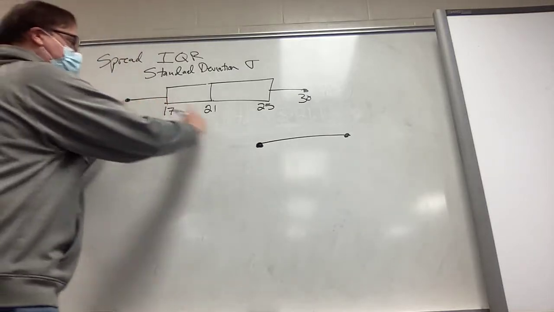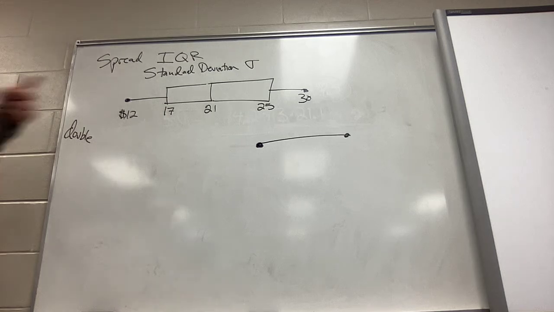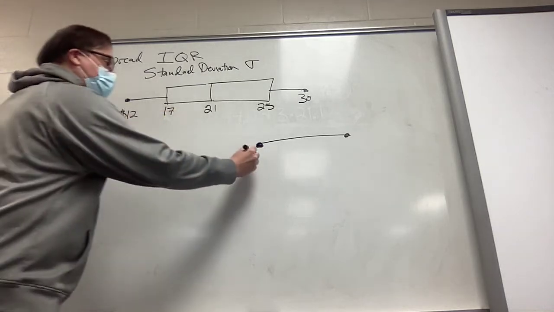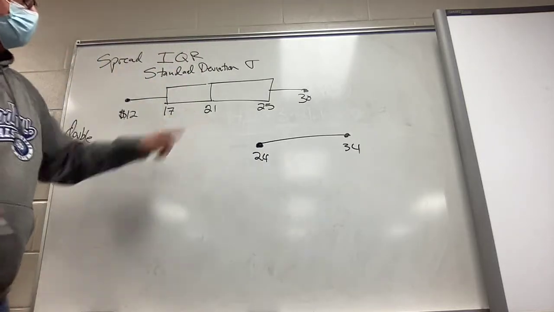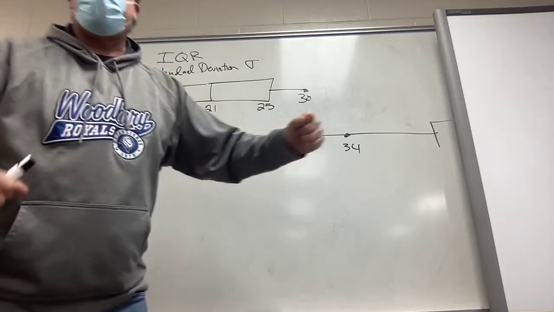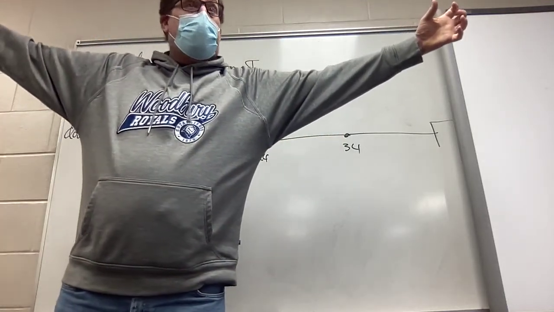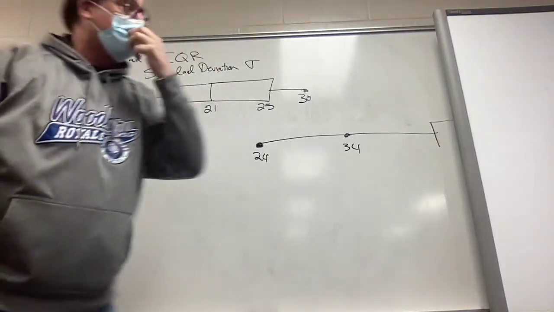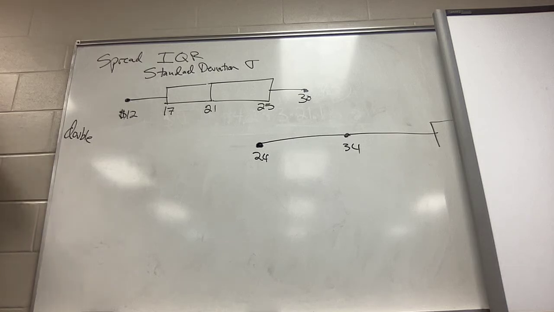Ignore my bad artwork. Is this line quite a bit longer? In fact, if I was to have done it precisely, how much longer would it have been? It would have been twice as long, sure. So this has now gone to 24. This has gone to 34. The person in the middle is up to 42. Now, like I said, I'm going to run out of room. But can we imagine here now that the new box is going to be spread out much further? Cool. So the top person is going to be now getting $60 an hour.